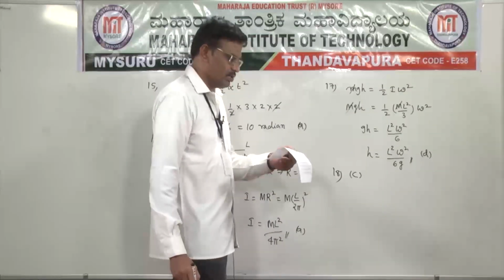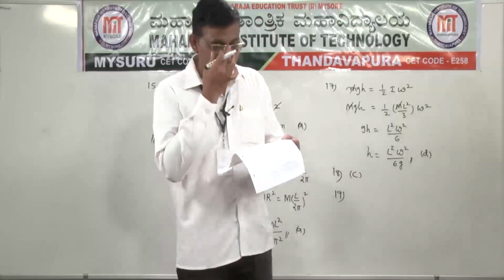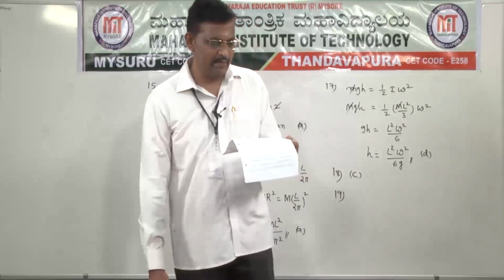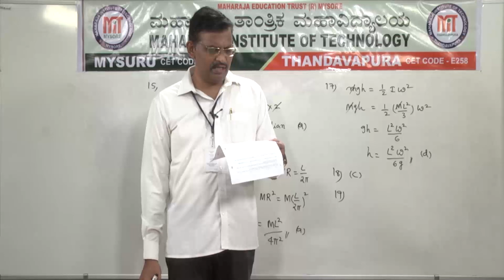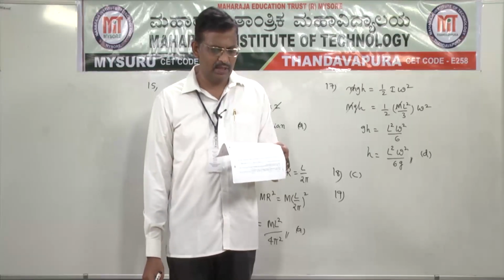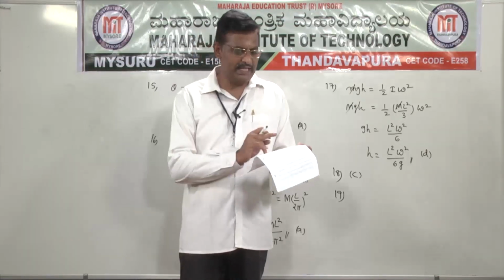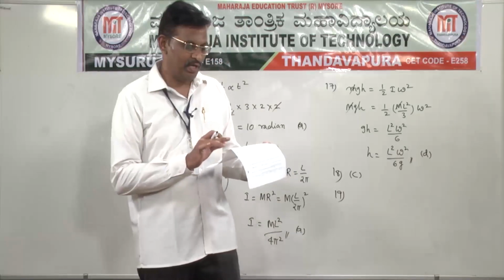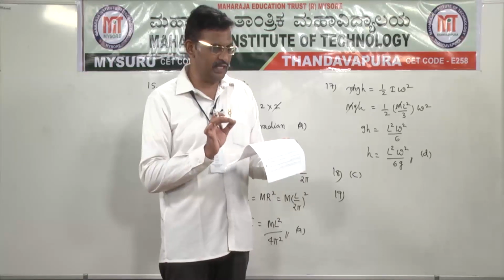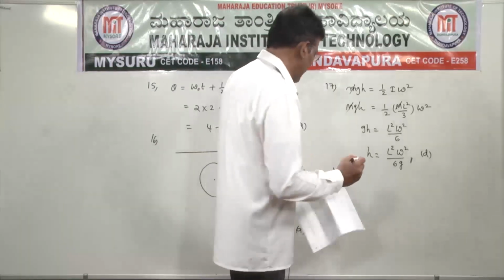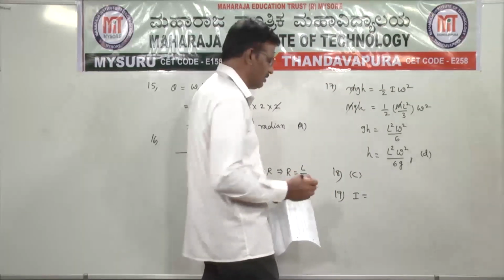It is a theory based question. And next, 19th question. A disc of mass 4 kg and radius 0.2 meters makes 20 revolutions per second about an axis passing through its center and perpendicular to the plane of the disk. The angular momentum of the disk is approximately equal to, see, the disk mass is given here, a circular disk. The axis is most important, about an axis passing through its center and perpendicular to the plane. Before we find the L value, angular momentum, first you can find the moment of inertia.